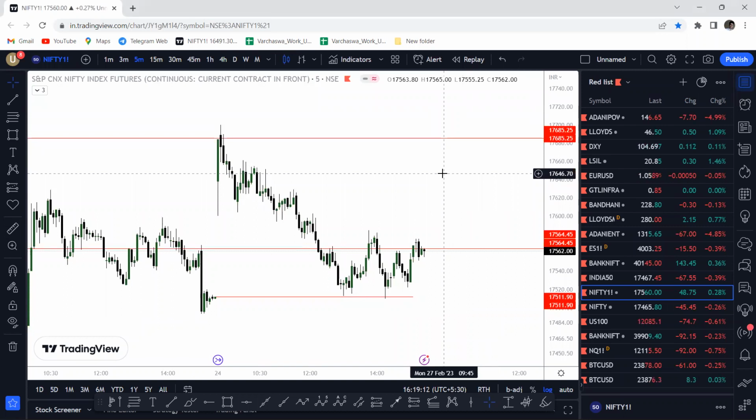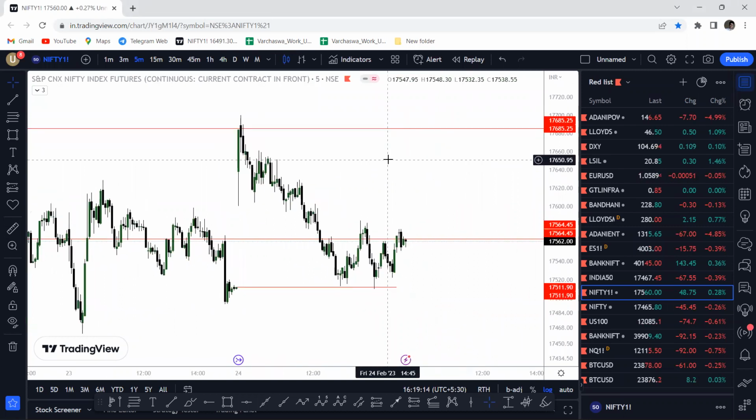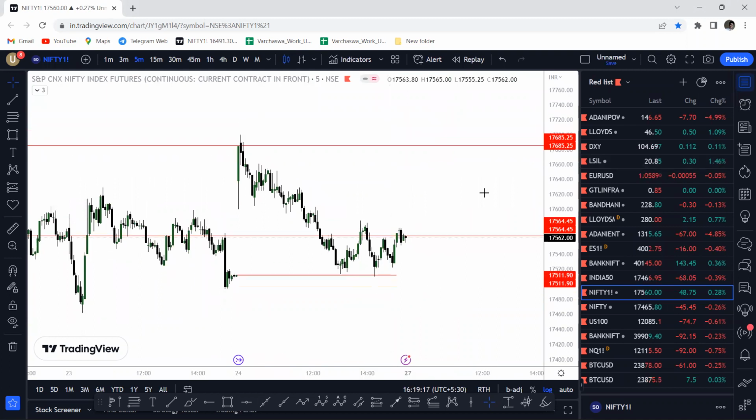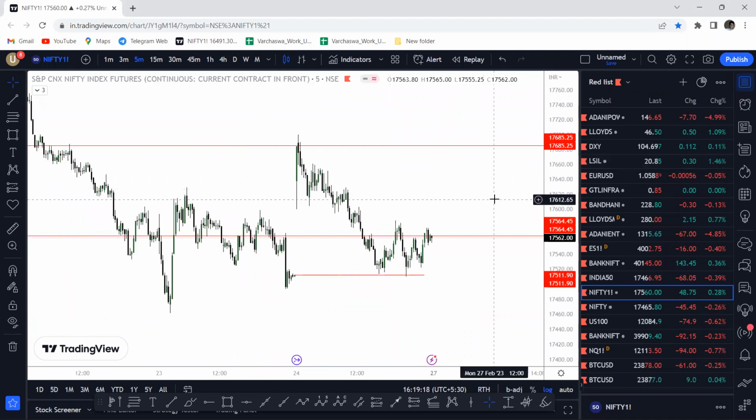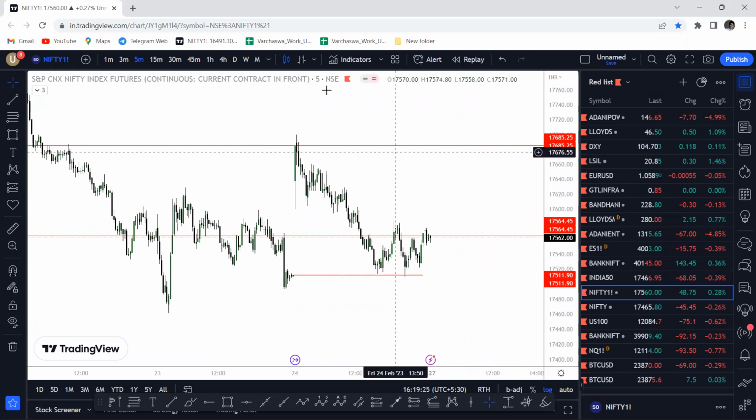And in this video, I'm gonna be discussing how I decide a trade setup, like my complete trade setup, and what all things I look for from the higher time frame to the lower time frame. So I go from monthly, weekly, daily, 1 hour, 15, 5, and then to the 1 minute time frame